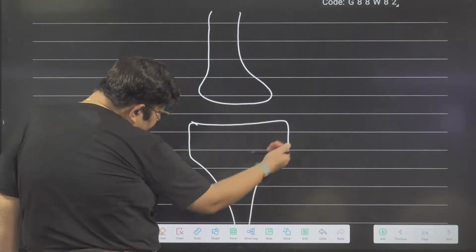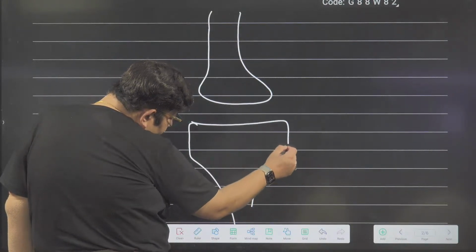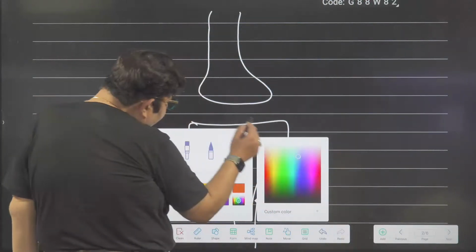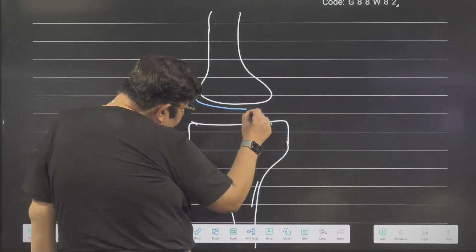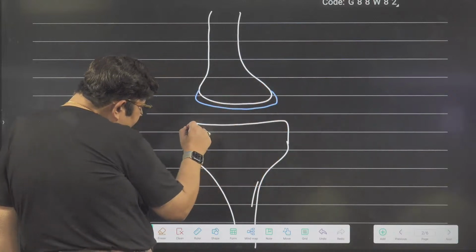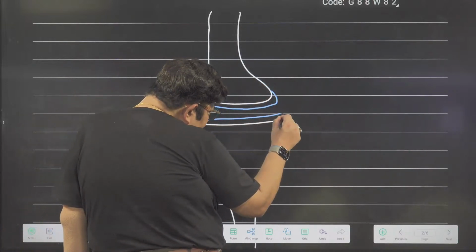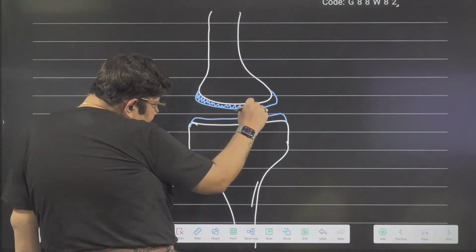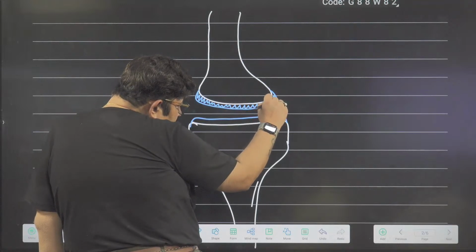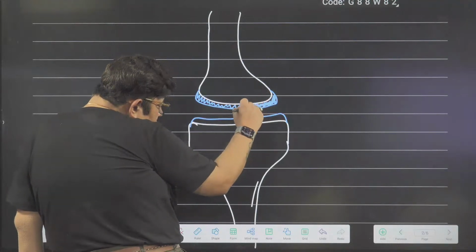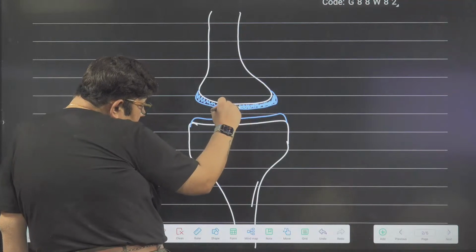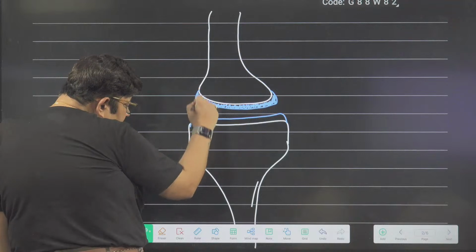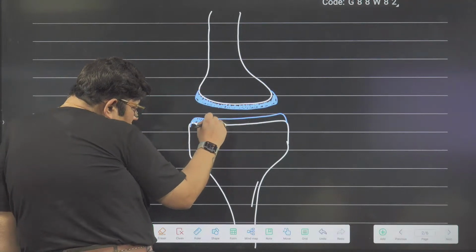At the ends of long bones. What can we call this cartilage? Articular cartilage. You can see this is the articular cartilage at this end, and this is the articular cartilage at this end. This is a very, very important cartilage because it keeps the surface shiny and smooth. Those who eat non-vegetarian foods, even if you have eaten chicken, because it's a vertebrate, or even goat, it is even better